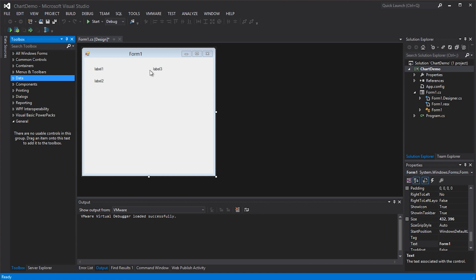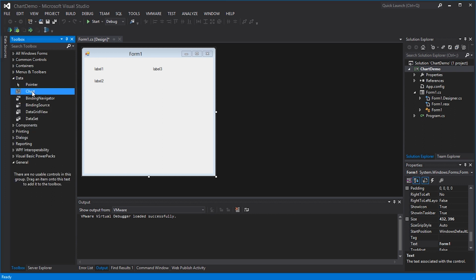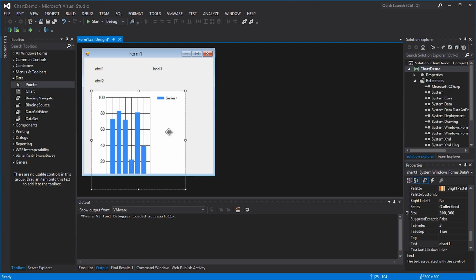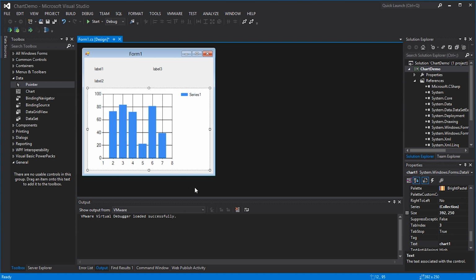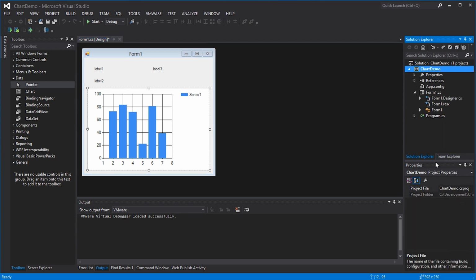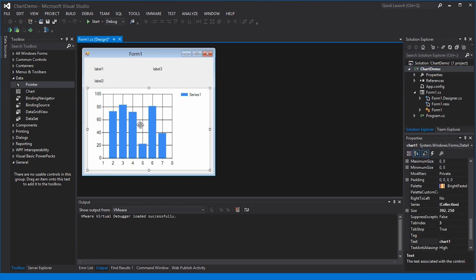I shall rename those all to 0 in a minute, but I wanted to show you where to find your chart object. You'll find the chart object under Data, here, Chart, and just drag it onto our form. Let her go. Okay, and then we resize it accordingly until you're happy with that, and then over here in your Solutions Explorer bar down under Properties, make sure you've got the chart object selected,